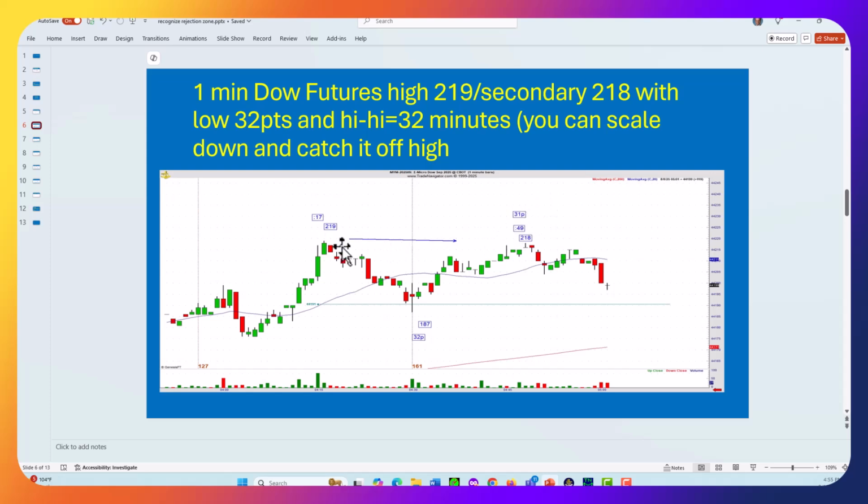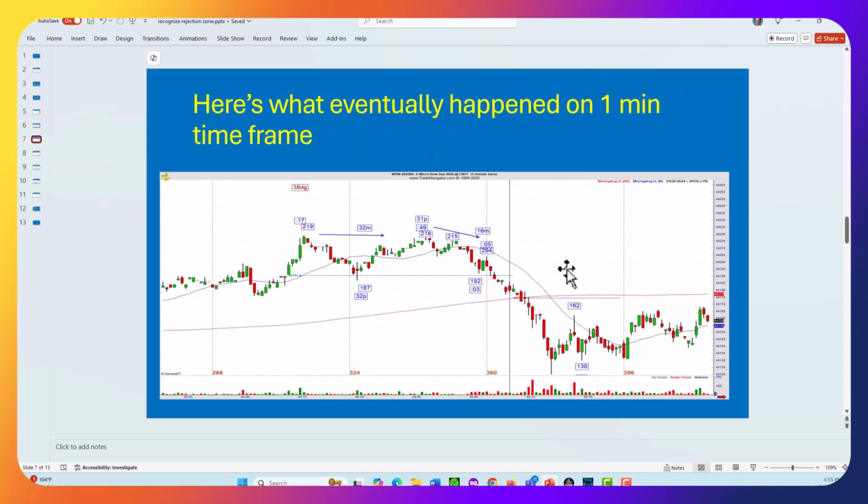If you have a good reading like this, I mean, look at it. 32 points down, 32 minutes across. Look what happened. Not only did the bull trap close the door, but our calculations here worked out really well. And you could have gotten into it as late as here above the line because what we have here is